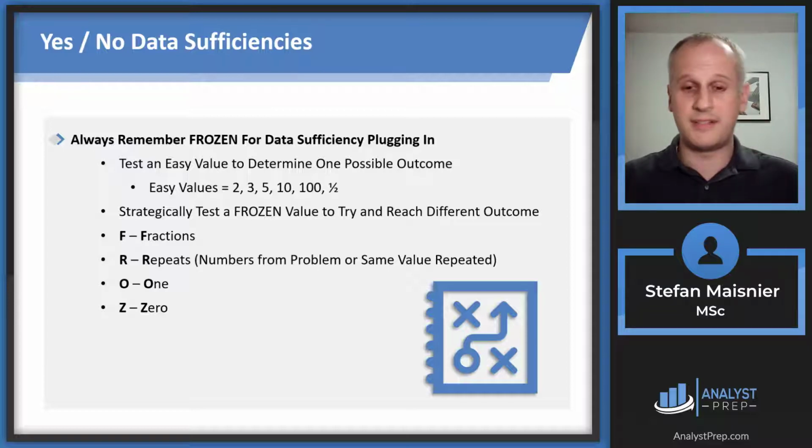Can't divide by 0. That is something important to remember on some of the harder data sufficiencies. And then, of course, if you raise anything to the 0 power, it just becomes 1. Now, the E is going to be for extremes, and the way that you want to consider extremes is in